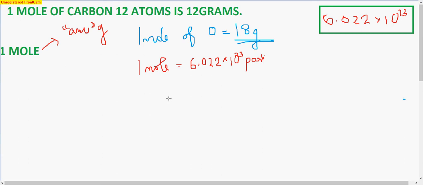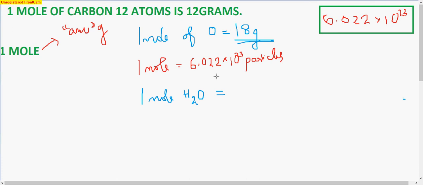Now, one more possible explanation. 1 mole is equal to 6.022 into 10 raised to 23 particles, right? Particles, it can be anything. Particles can be electrons, atoms, neutrons, quarks, or gluons. For example, if you take 1 mole of H2O,